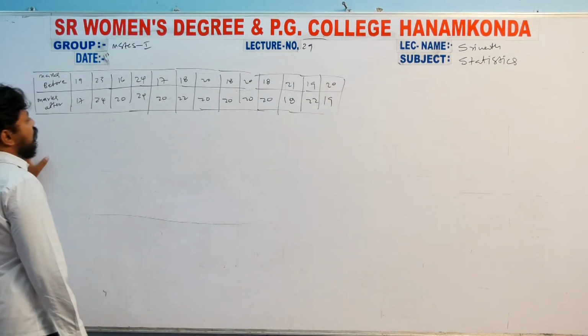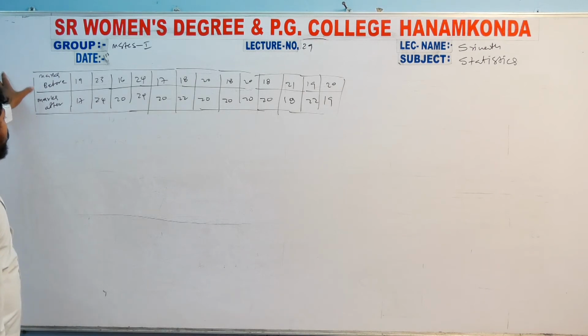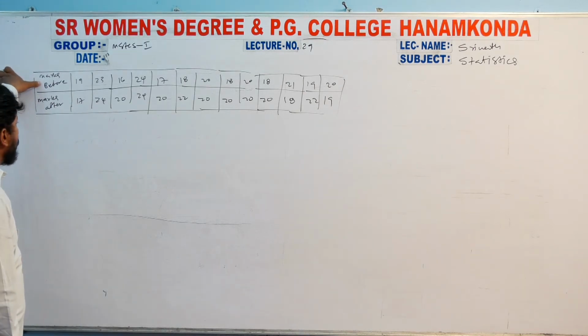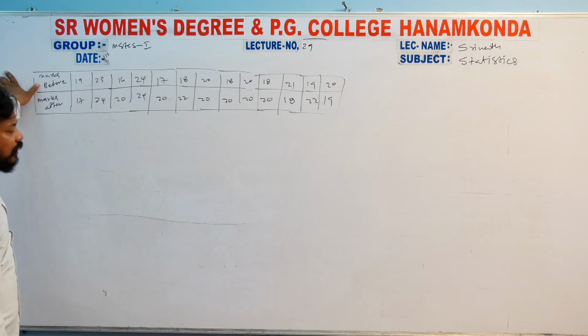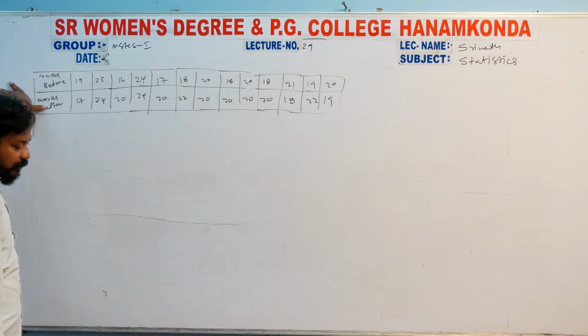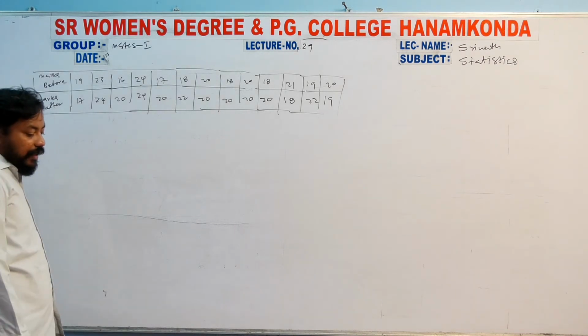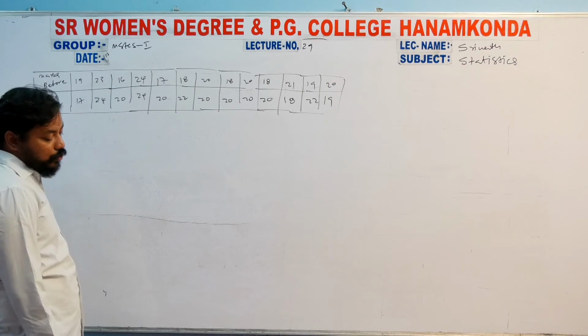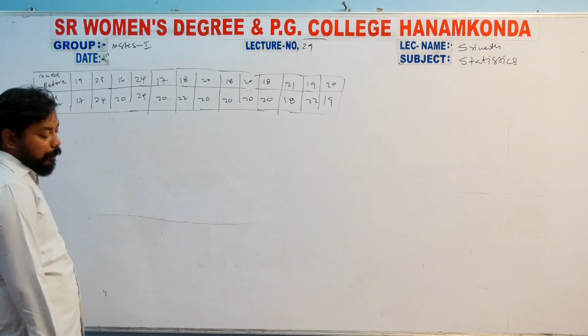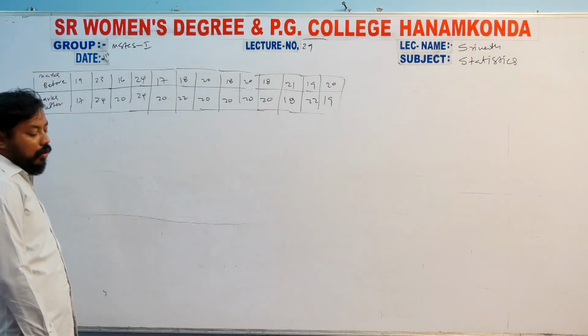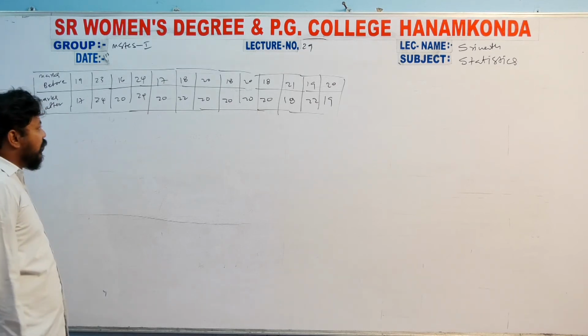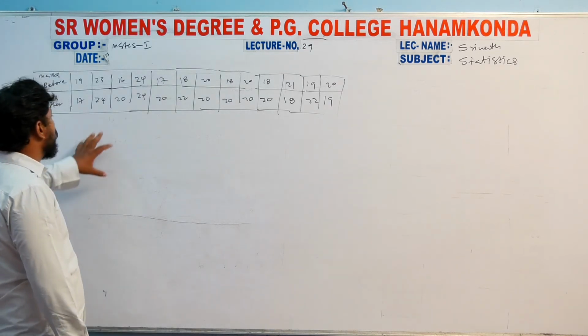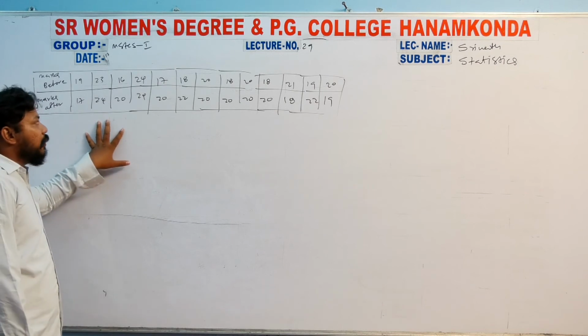This is sample 1 and sample 2. Sample 1 is the related variable x, sample 2 is related variable y. So here, do the data indicate that the students have benefited by the coaching or not? Absolutely benefited, depending on data.